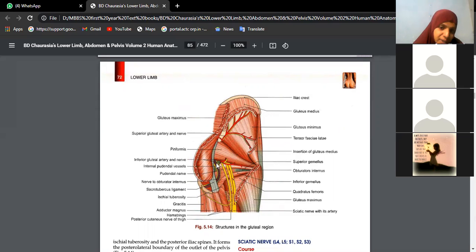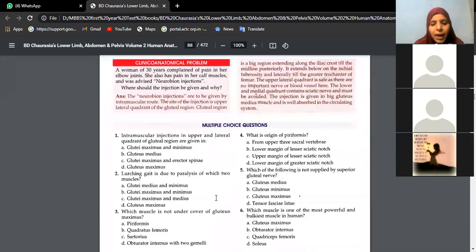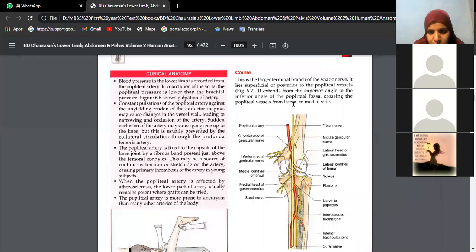The sciatic nerve takes its course after formation from the lumbar and a part of the sacral plexus, but it does not supply any of the gluteal muscles. Instead, it just runs from the lower border of the piriformis, and then it subdivides into two components, tibial and common peroneal, in the popliteal fossa. Till this you know, right? See, this is the same sciatic nerve in the upper part of the popliteal fossa. It has divided into tibial and common peroneal.